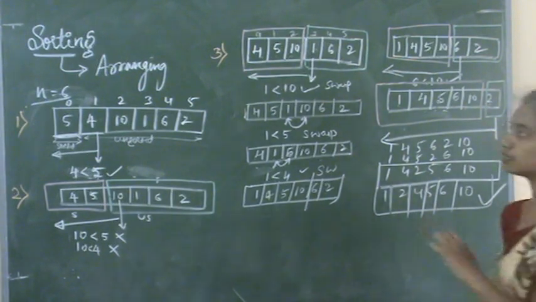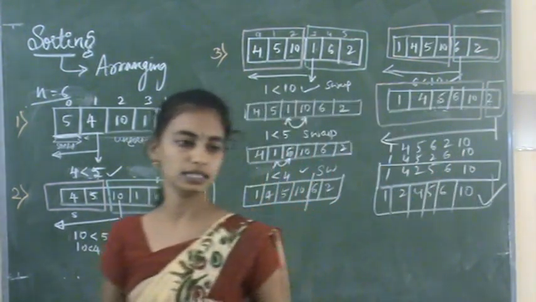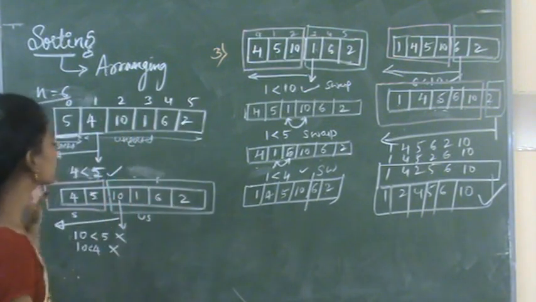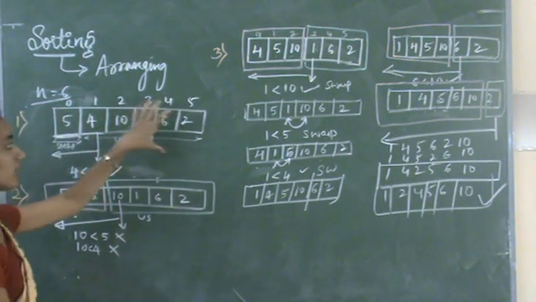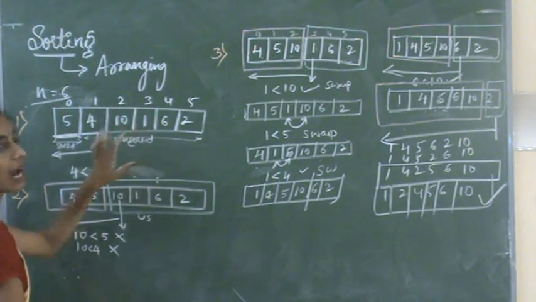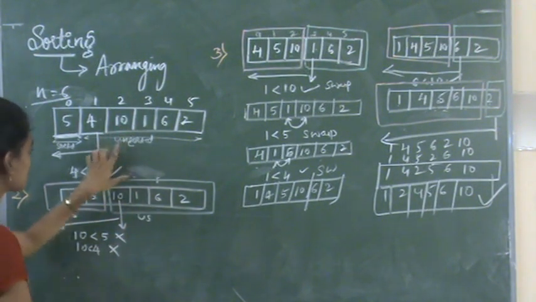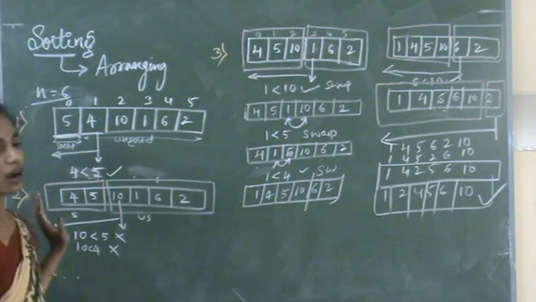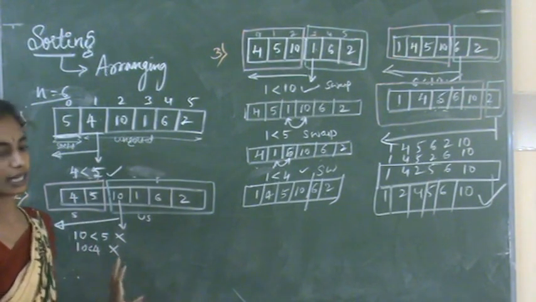So in this insertion sort algorithm, we are just taking a sorted array and an unsorted array. One element from the unsorted array is compared to all the elements in the sorted array.